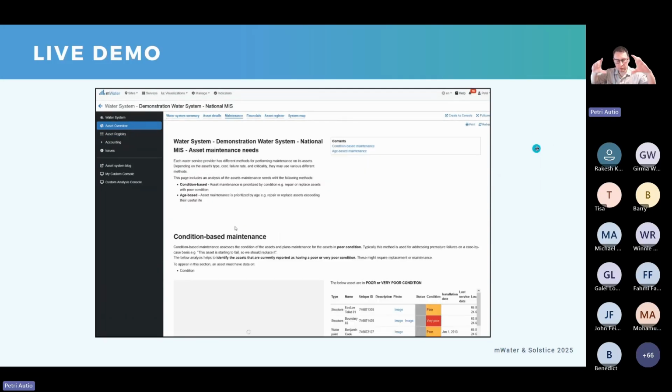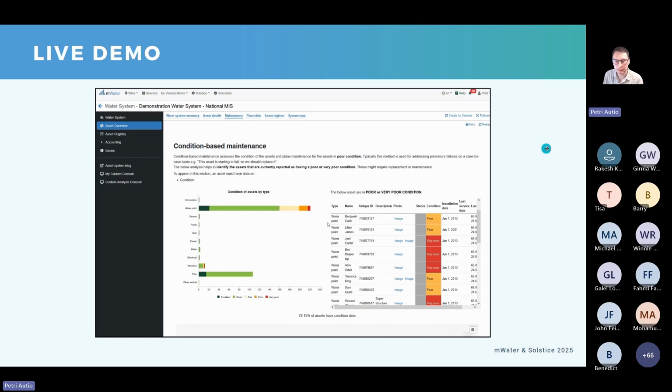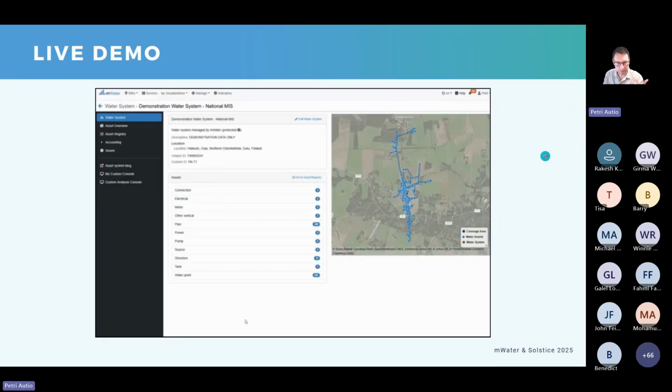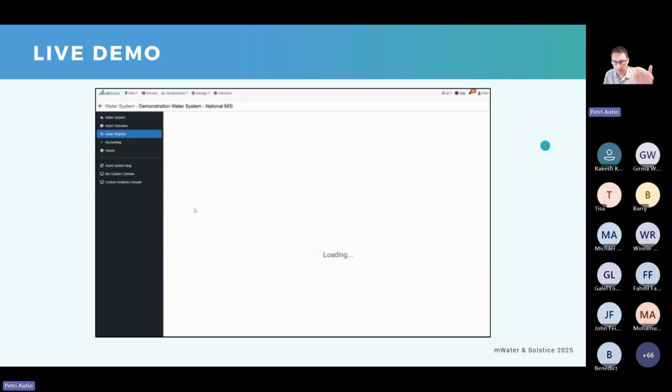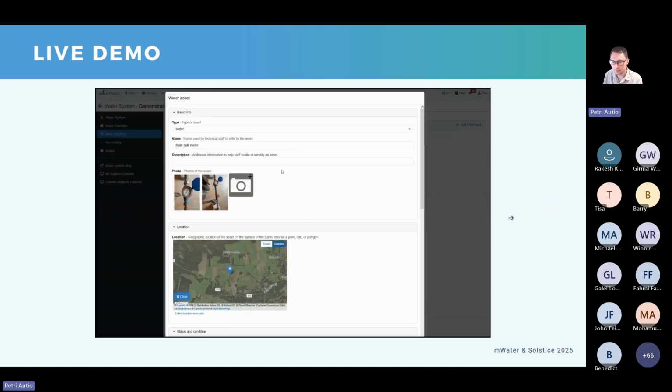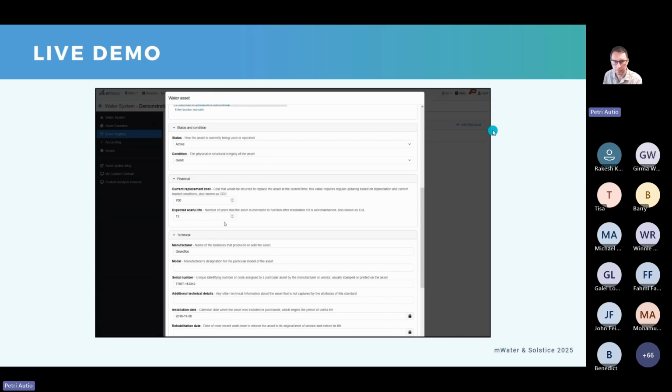How the vision of this digital data-driven utility, we're building towards it with asset management, with the planning tool, and now with these features, and heading towards workflows and so on. And let me jump over to the live